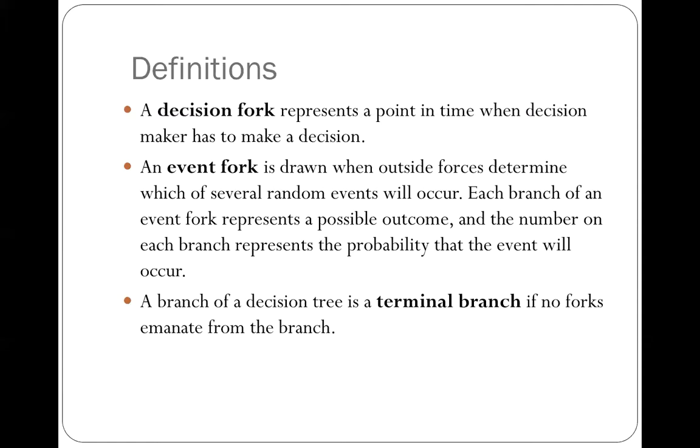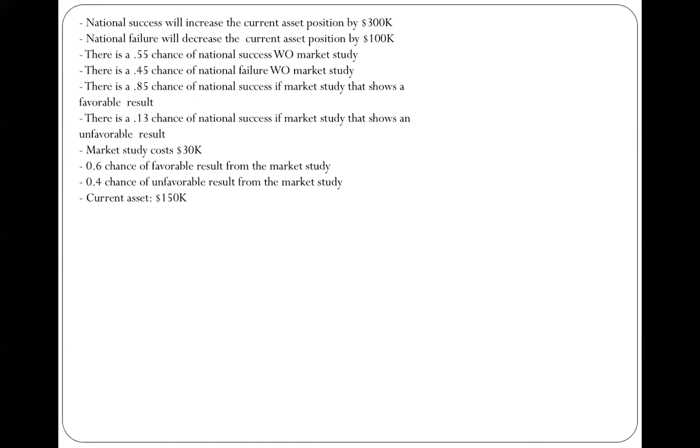And when we finish the decision tree, the final branches of the decision tree, where they don't lead to any other decision fork or event fork, are called terminal branches. So let's see in this example how this is going to work. Before we get to show how a decision tree works,